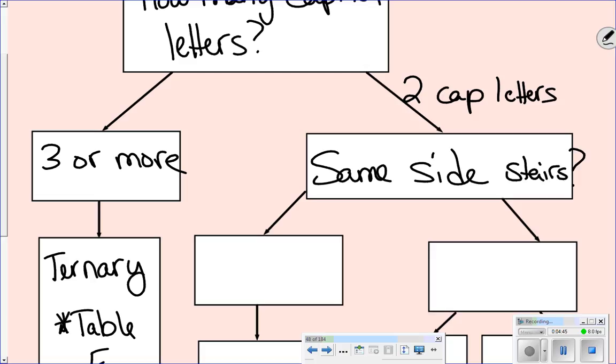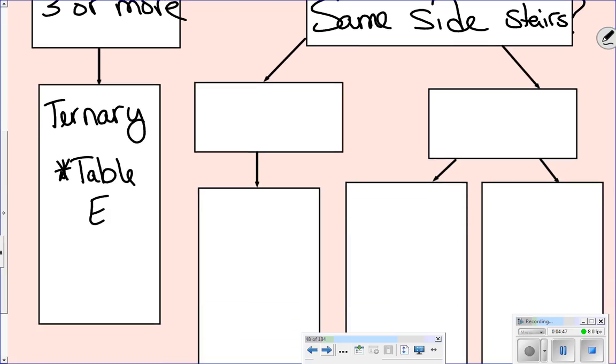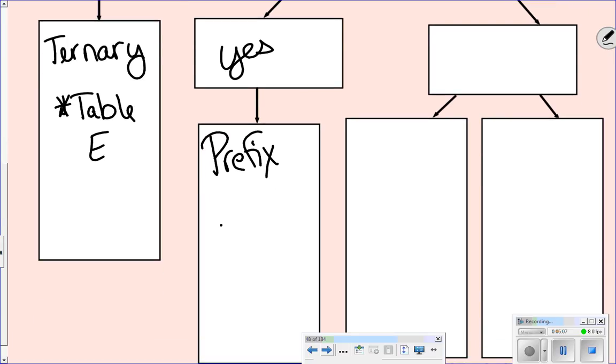So this is a simple yes or no question. We just have to remember hydrogen's a little bit of an exception. If the elements are on the same side of the staircase, we're going to use prefix naming. Remember, we just name the first element, then the second element. We use prefixes to tell how many, and we will change our ending to -ide because these are coming from